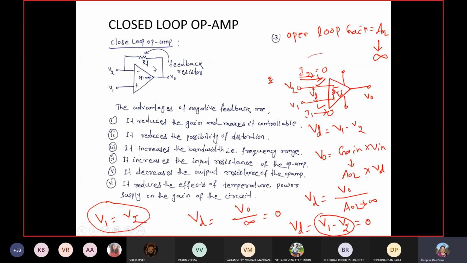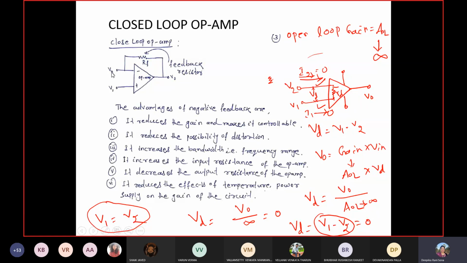So here, for the ideal op-amp, the gain is very high, so we are going for a closed loop op-amp to control the gain. What is the gain of the op-amp in this case? The ideal case, guys, infinite. Now we are going to control the gain, and with respect to that we will also control the output voltage. So this is the structure of the closed loop op-amp.